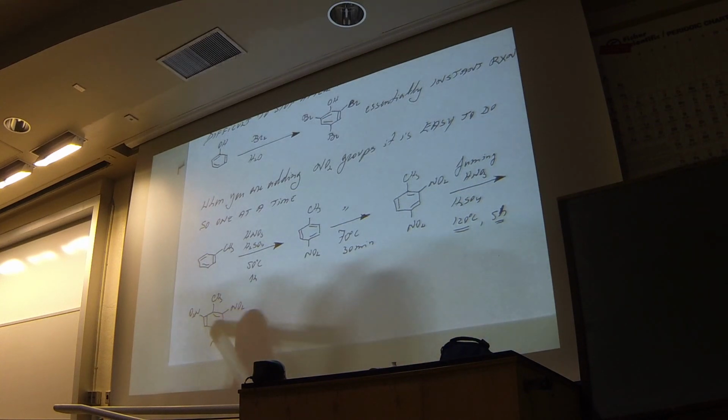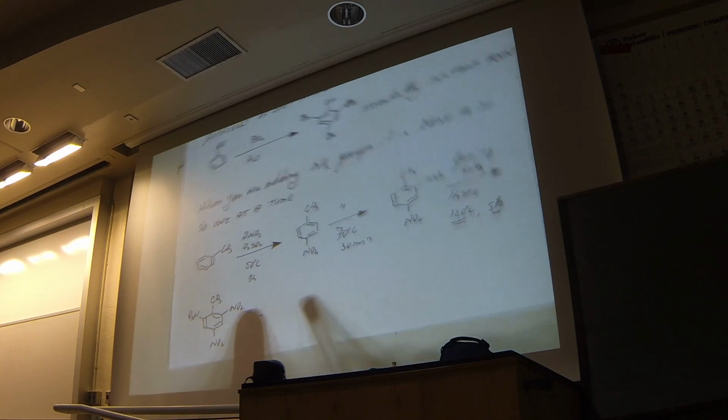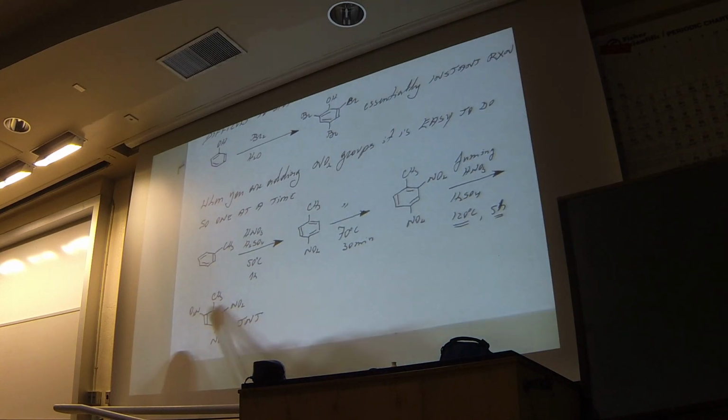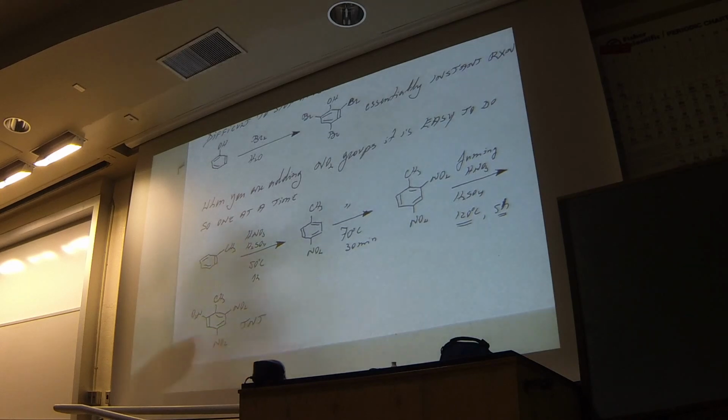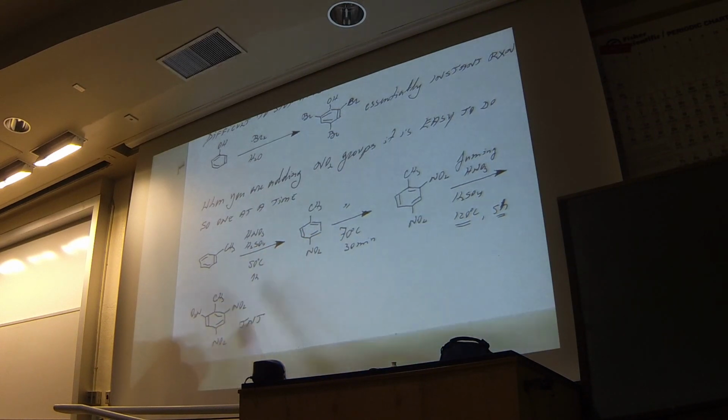This is a compound you know. That's TNT. That is trinitrotoluene. That's the explosive that is used for industrial purposes, bombs and so on. So yeah, you can nitrate toluene either one time, twice, or 3 times just by modulating the reaction conditions. And we've reached the end of our hour, so we'll pick up